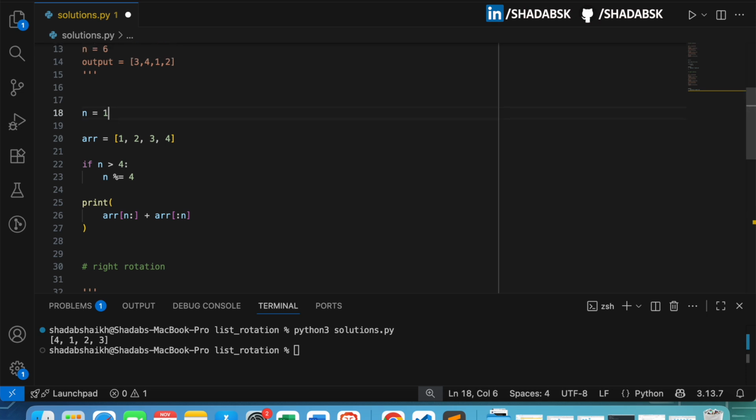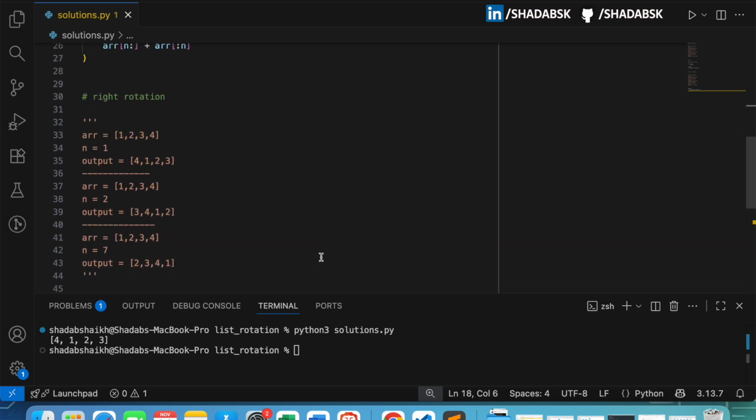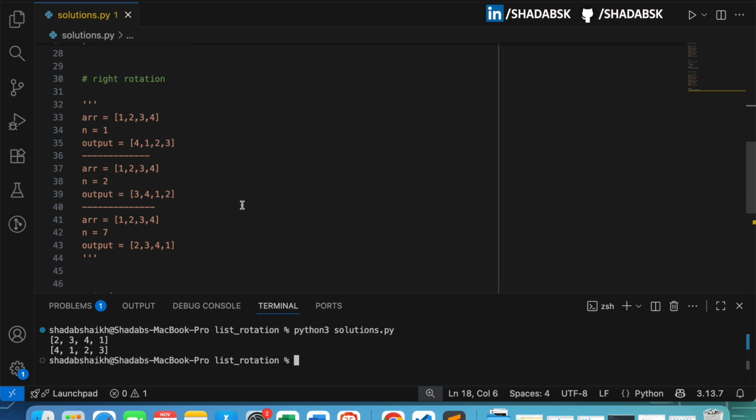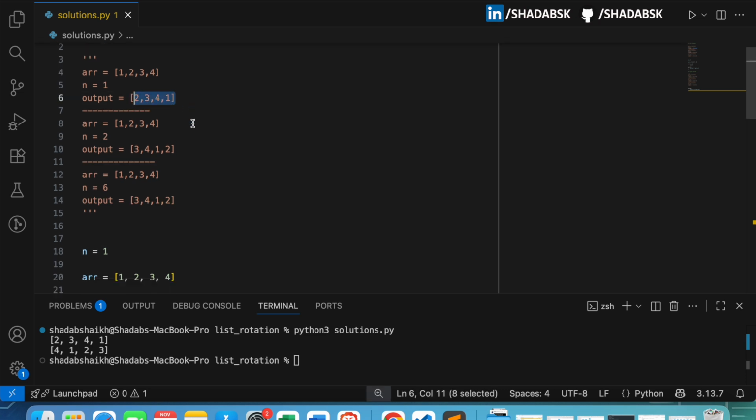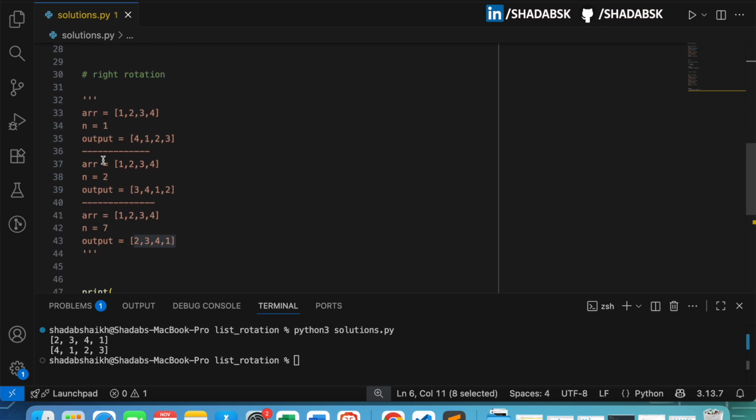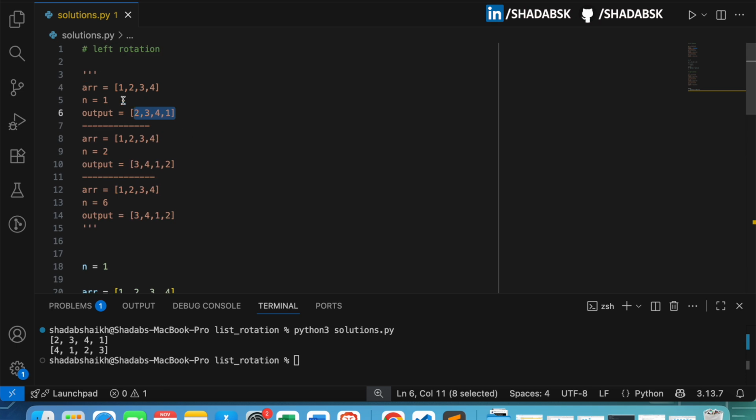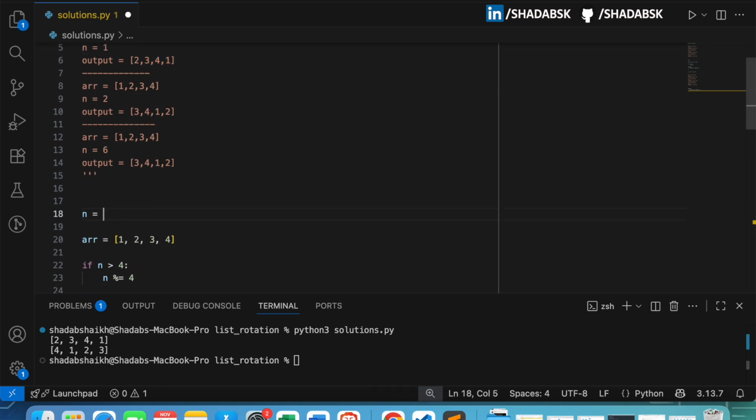So let me have the n value as 1, and let me execute this. At n equal to 1, for left rotation our output was supposed to be 2 3 4 1. At n equal to 1, for right rotation our output is supposed to be 4 1 2 3. Similarly, if I do n equal to 7,